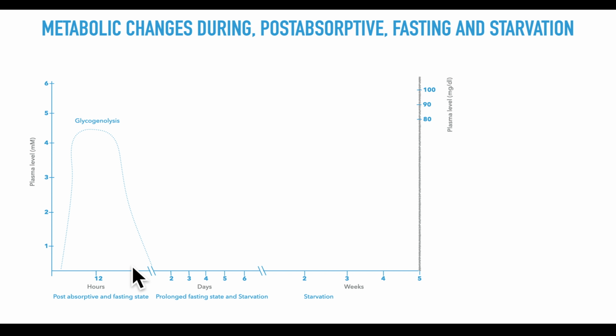So, what happens at that time? The gluconeogenesis begins slowly, like 2 to 4 hours after meals, and then it starts to steam up. As you can see, by 24 hours your gluconeogenesis process is already at peak. By that time your glycogenolysis is already depleted. Gluconeogenesis then stays almost at peak for another 1 week, up to 6-7 days, and then it drops to a certain level and continues thereafter. This is the gluconeogenesis curve.